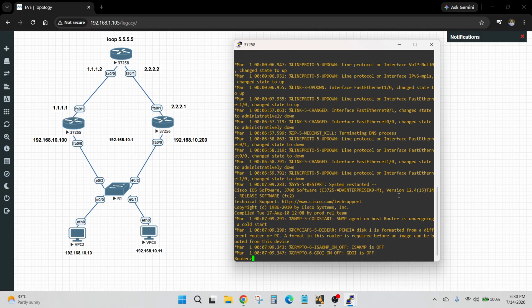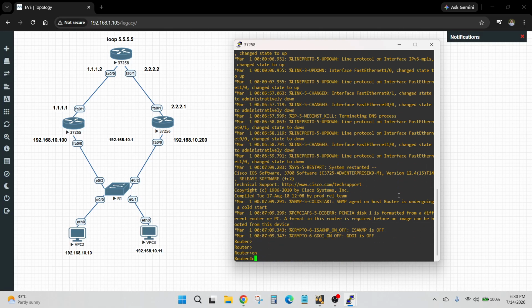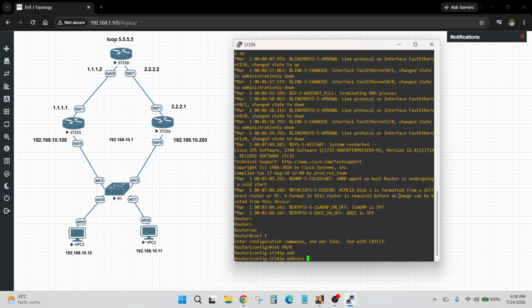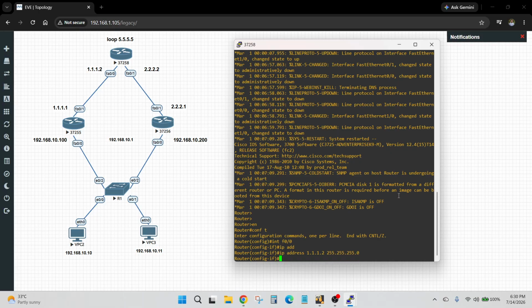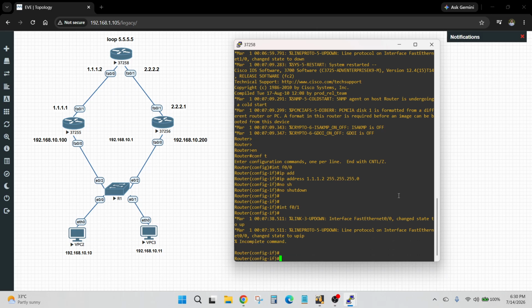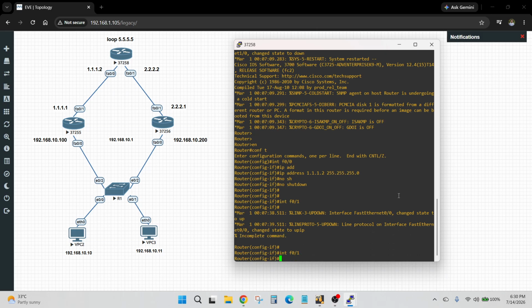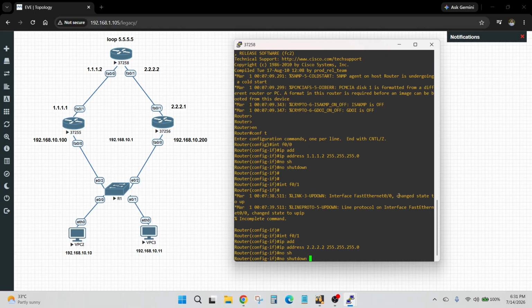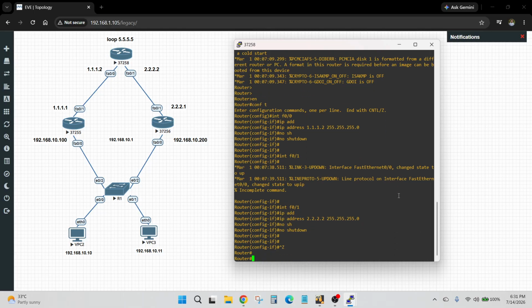Our router enable, configure terminal, interface fast ethernet 0/0, our IP address 1.1.1.2 and subnet mask. Then interface fast ethernet 0/1, IP address 2.2.2.2, 255.255.255.0, then no shutdown, then we exit now.